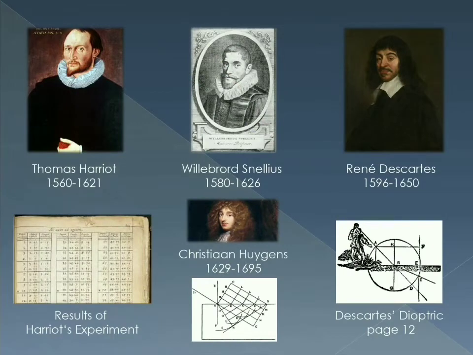In the 1600s, this law was rediscovered in Europe. Thomas Harriot found it in 1606, but he didn't publish. Willebrord Snellius discovered it in 1621. He didn't publish either, but another Dutch scientist, Huygens, attributed the work to Snellius in his writing on light. In 1637, Rene Descartes found this relationship. Generally, this law is called Snell's law.